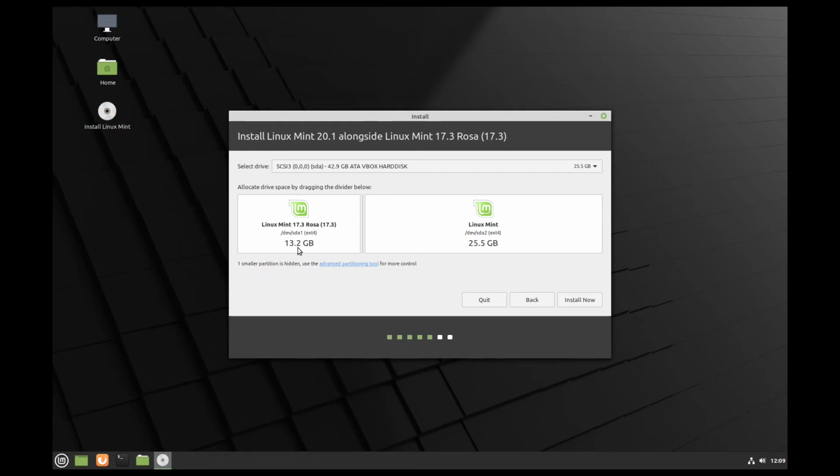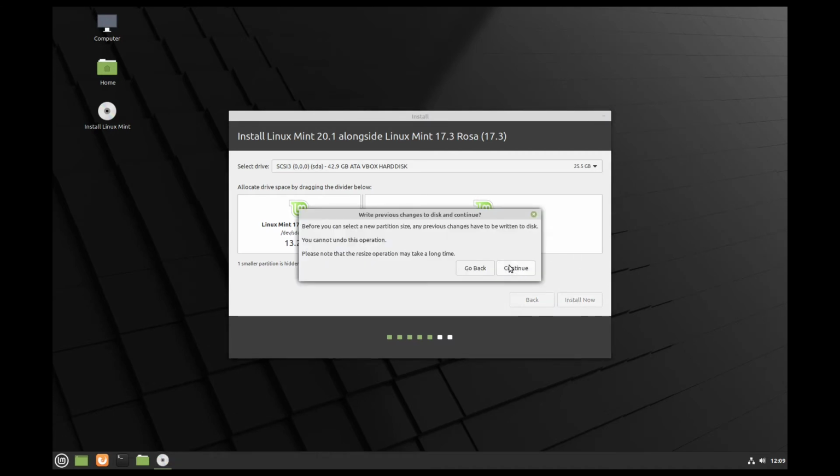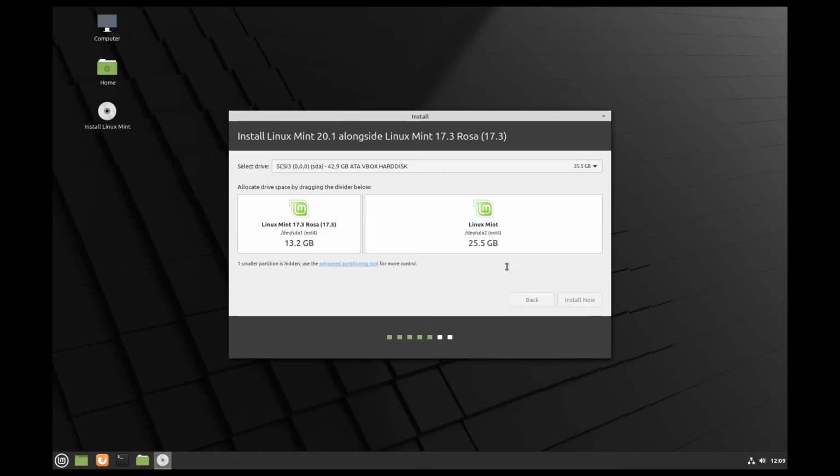That depends on how much data you stored in it. Make sure our new Linux Mint has over 50% of the space we can assign in here. In my case, that's okay how it is selected, and I just select Install Now. And we select Continue, and this step could take several hours because our partition of the old Linux Mint will